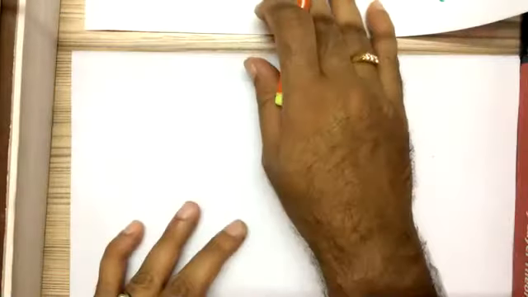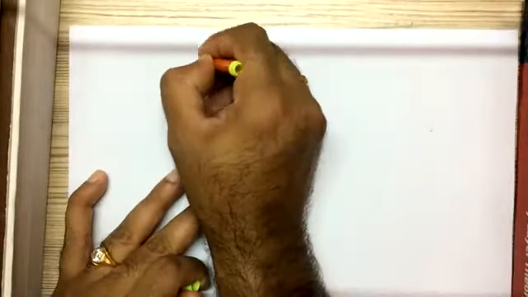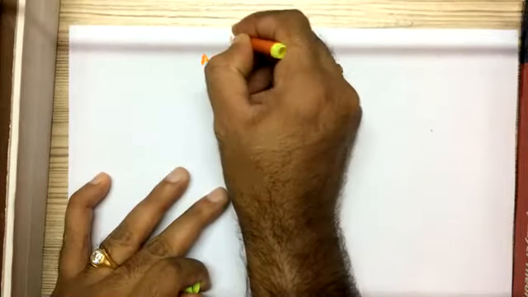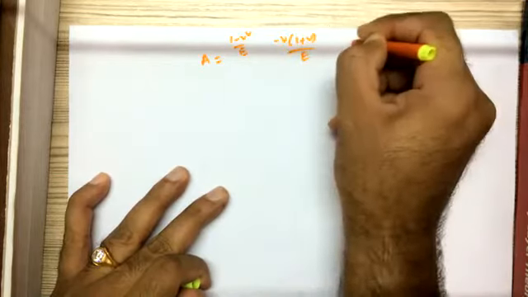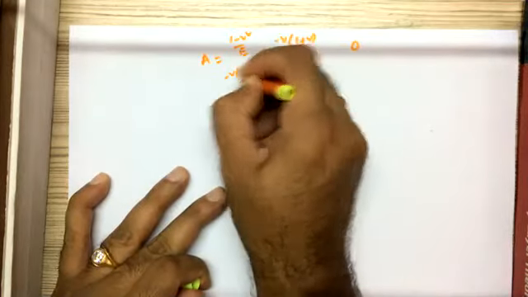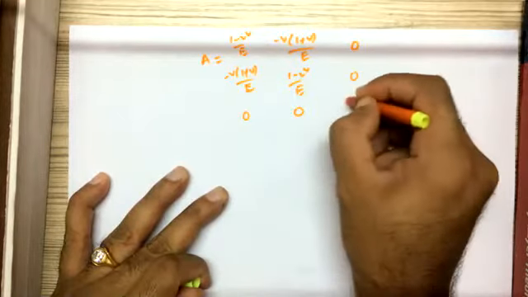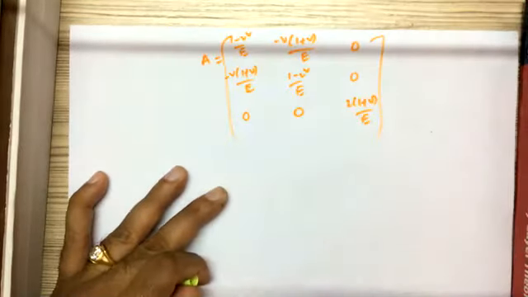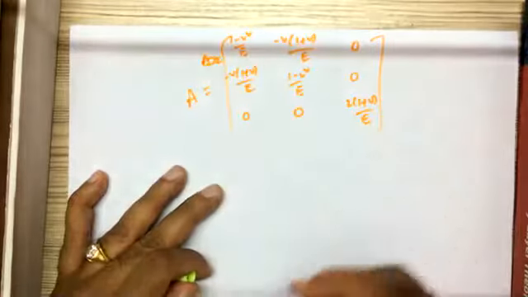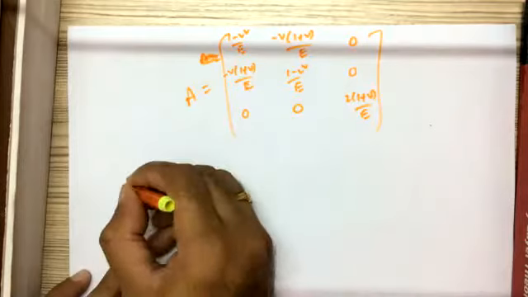So again, I'll write the A matrix. Your A matrix is: 1 minus mu square by e, minus mu into 1 plus mu by e, 0; minus mu into 1 plus mu by e, 1 minus mu square by e, 0; 0, 0, 2 into 1 plus mu by e. Right? Now this is your A matrix. Okay, find out the cofactor